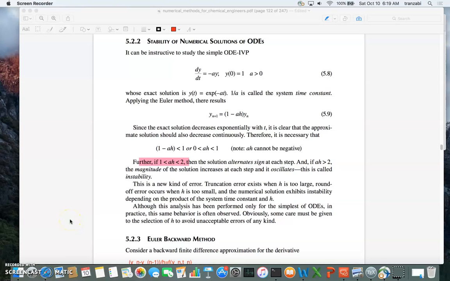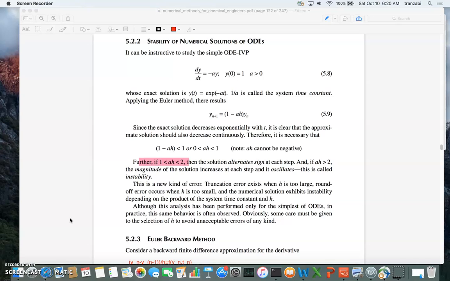Welcome back to che205. In this video, I'll be talking about stability of numerical solutions of ODEs, or ordinary differential equations. In the last lecture, we talked briefly about the stability analysis of Backward Euler. In this video, we're going to continue that discussion and look at what would be the delta t or delta x, or the increment in numerical solution of partial differential equations or differential equations such that the solution doesn't become